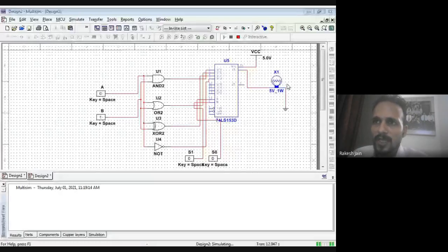If A is 1 and B is 0, see A is 1 and B is 0. Via left click on that selector, it's 1, 0, and still the output is 0. When both are 1, then only the output will be 1. So see, when A is 1 and I put B as 1,